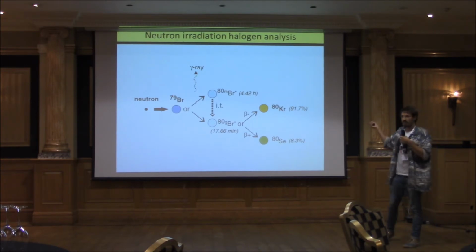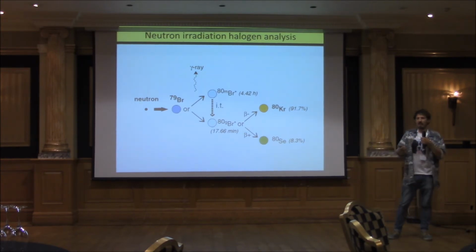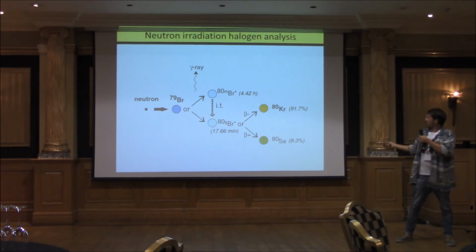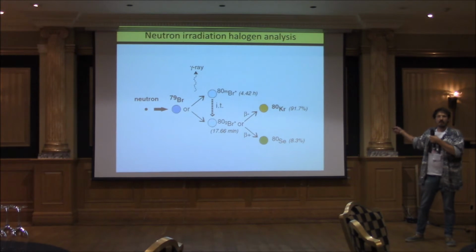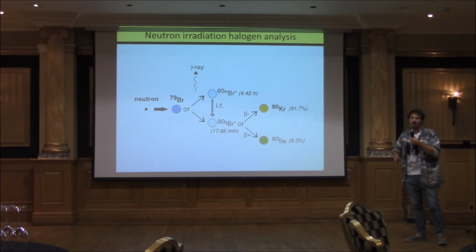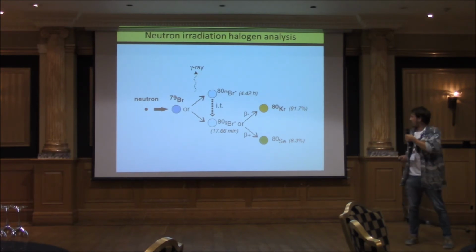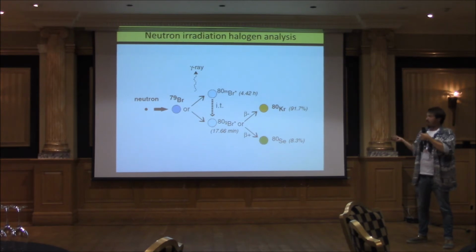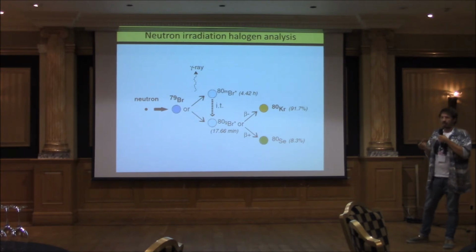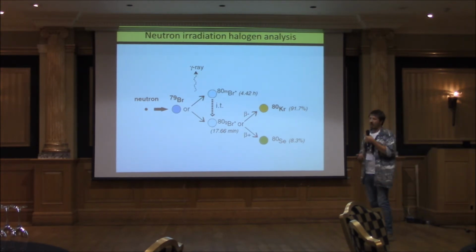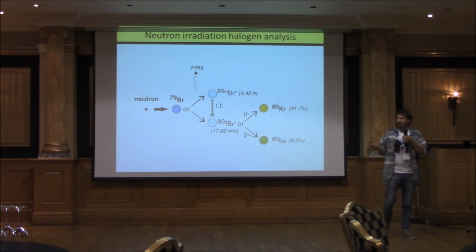So I briefly mentioned argon-argon dating. This is a sort of extension of that method. It is a series of nuclear reactions for bromine. We bombard the sample with neutrons, and a proportion of the bromine present in our rock we turn into noble gases, which we then detect on a noble gas mass spectrometer, just as I do with the unirradiated samples. The particular advantage of this is you can get incredible detection limits. I can measure down to a part per billion in about 5 milligrams of rock. So it's very useful. It's often used for meteorite samples that are incredibly precious, but for mine it also